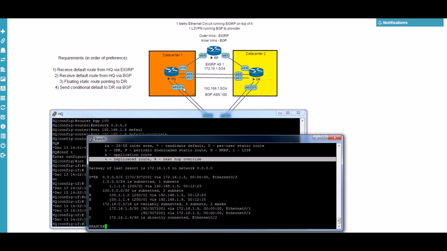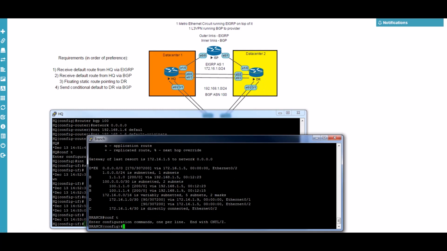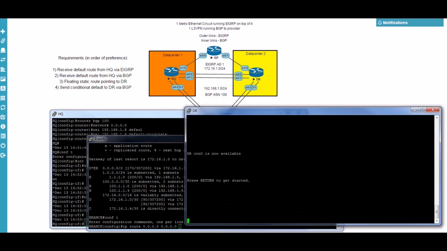So this is if the EIGRP and the BGP from HQ fail. We're going to have a floating static route which will take precedence and point to the DR. So let's configure that on the branch. ip route 0.0.0.0 0.0.0.0, and same thing, the DR link Ethernet 0/1 is